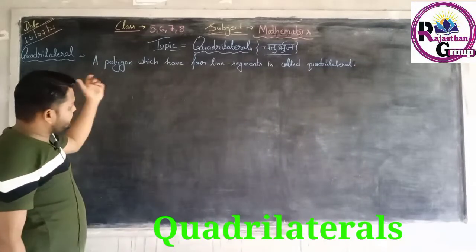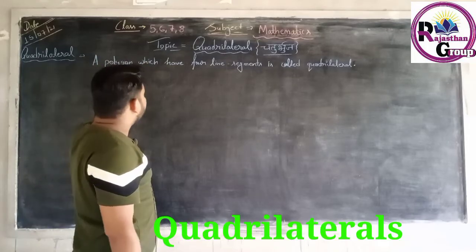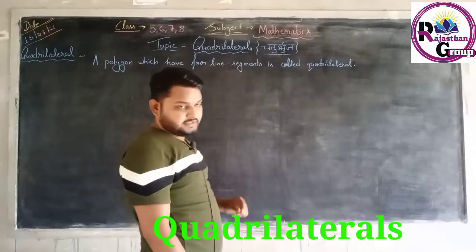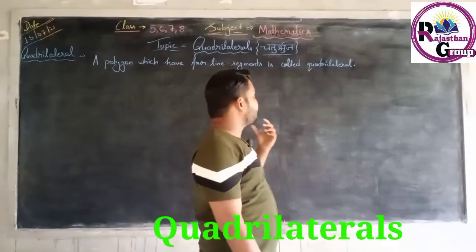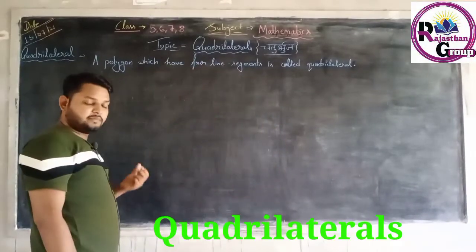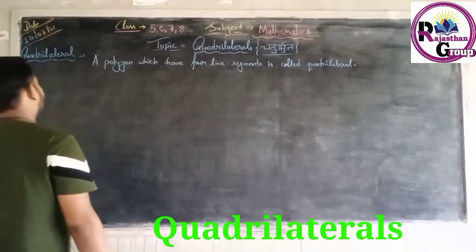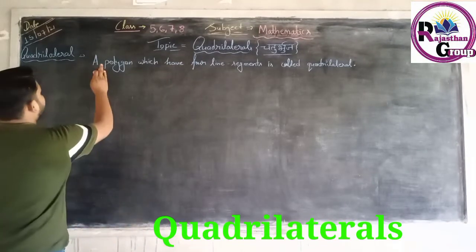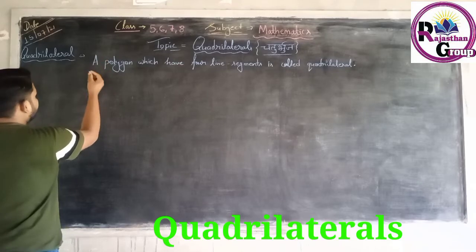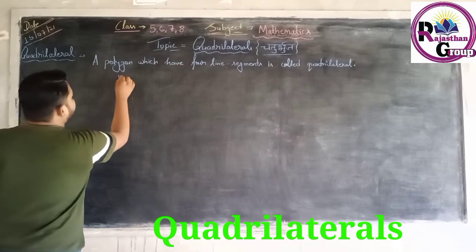Students, it is very easy to understand that a polygon, एक बहुभुज which has four line segments, जो चार रेखाखंड जो है अपने अंदर सम्मिलित रखता हो, चार रेखाखंड से मिलकर बना हो, उसे चतुर्भुज कहा जाता है, क्वाड्रिलेटरल कहा जाता है. स्टूडेंट, नाउ वी मेक द डायग्राम ऑफ क्वाड्रिलेटरल. द फिगर ऑफ क्वाड्रिलेटरल is very easy to understand.